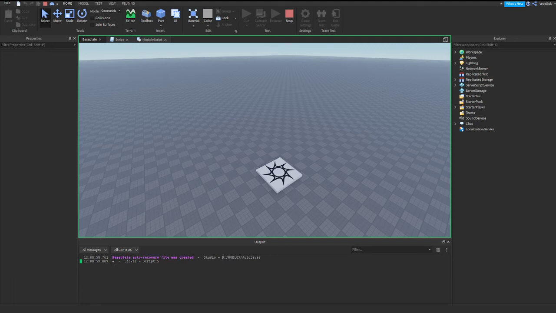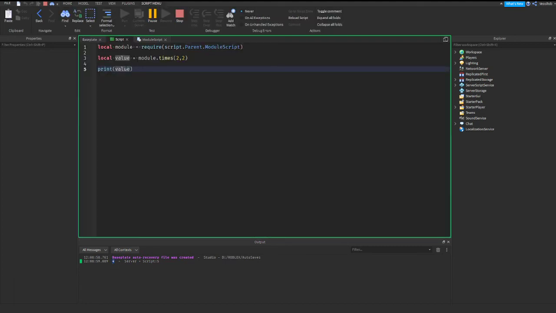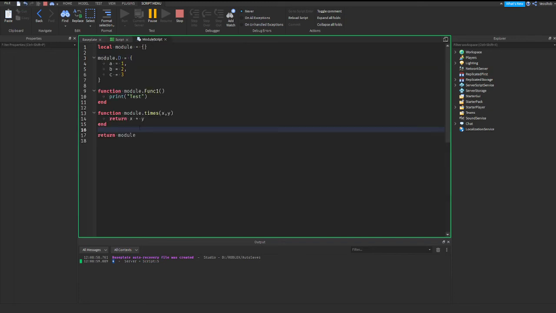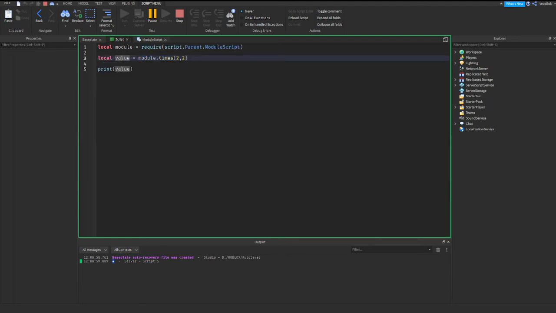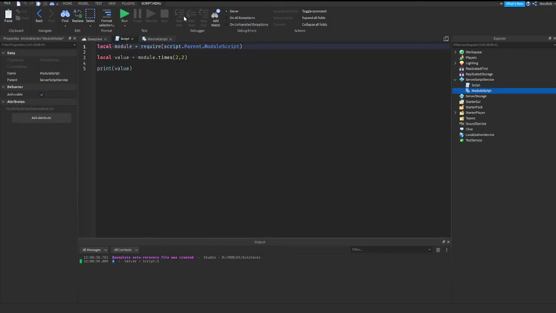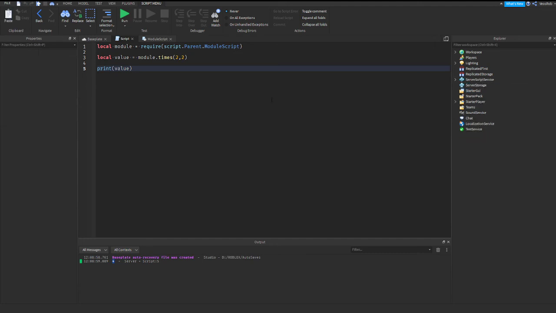So as you can see there, it outputs 4, because what's happened is it has run the function from here, and then in the module script it has looked at x and y, which have been 2 and 2, timesed them together, returned it, set it to this variable, and outputted that variable just there. Okay, so